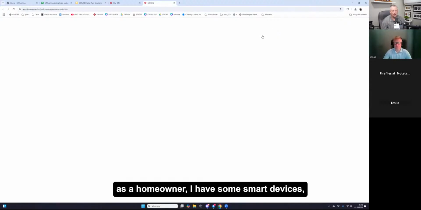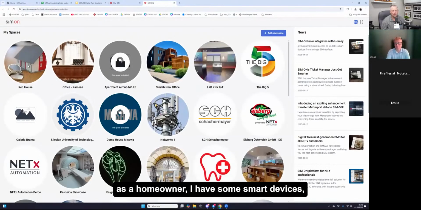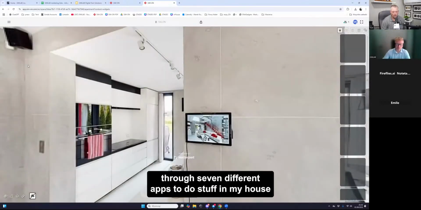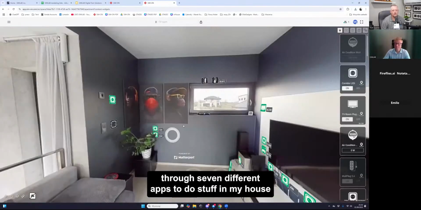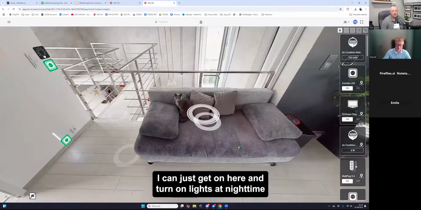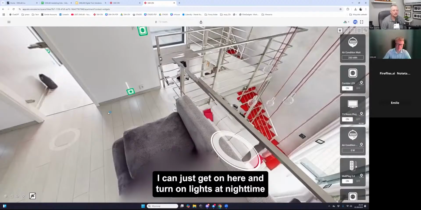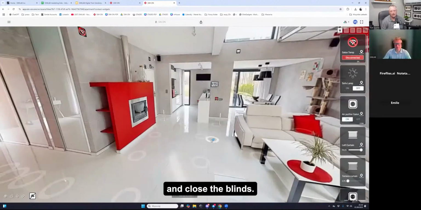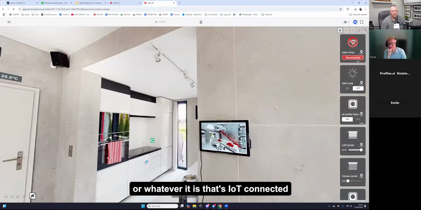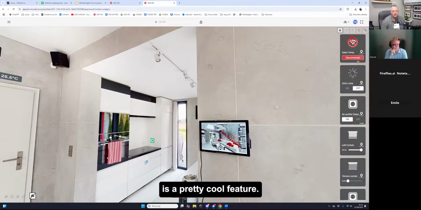As a homeowner, I have some smart devices, but not everything. To be able to not have to go through 7 different apps to do stuff in my house, if I'm on vacation, I can just get on here, turn on lights at nighttime, close the blinds, and click a button to feed the dog, or whatever it is that's IoT connected. That's a pretty cool feature.